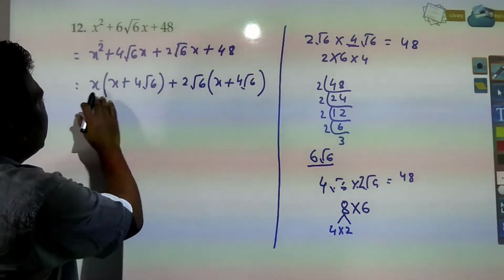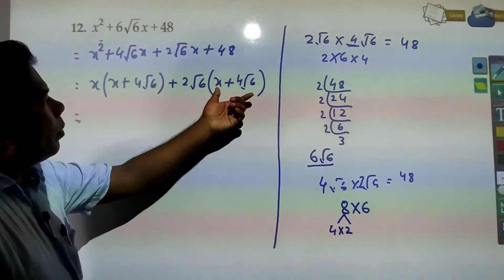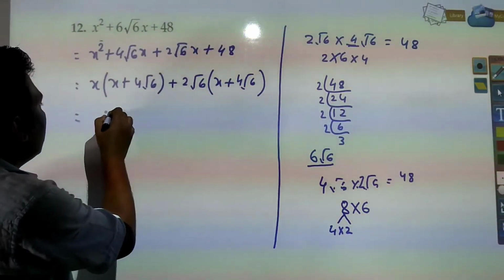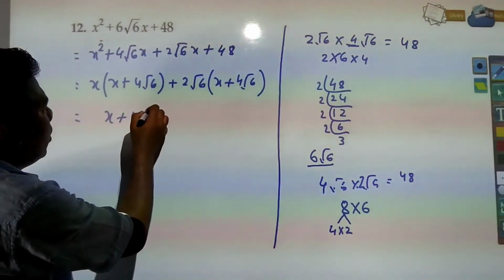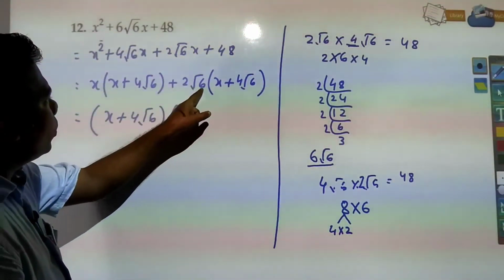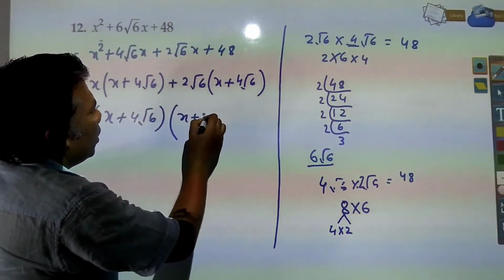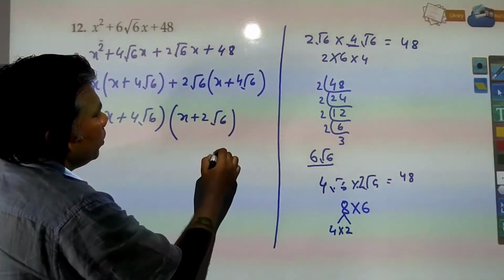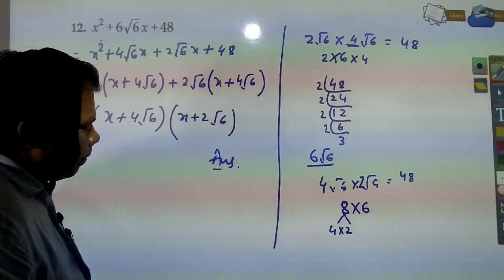So now in this term and this term you have common x plus 4 root 6 has been taken out, and you are left with x plus 2 root 6, and this is your answer. Next